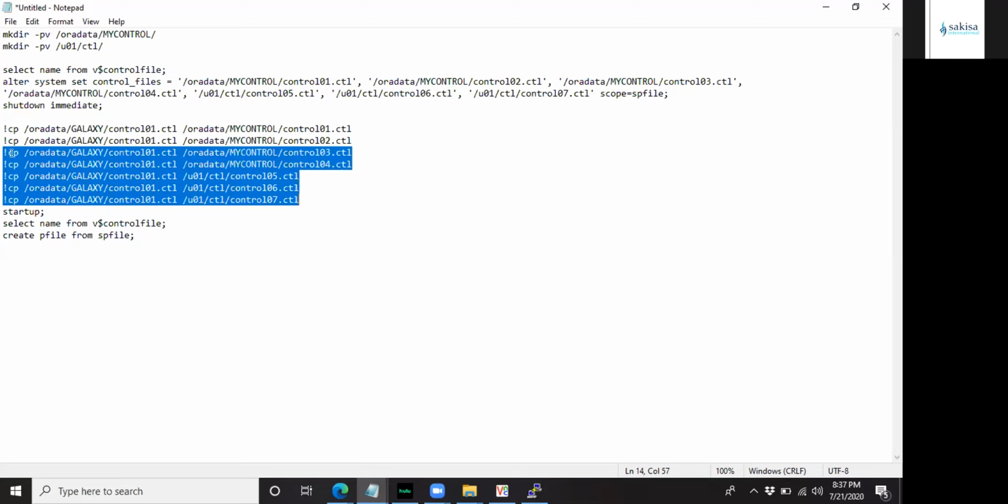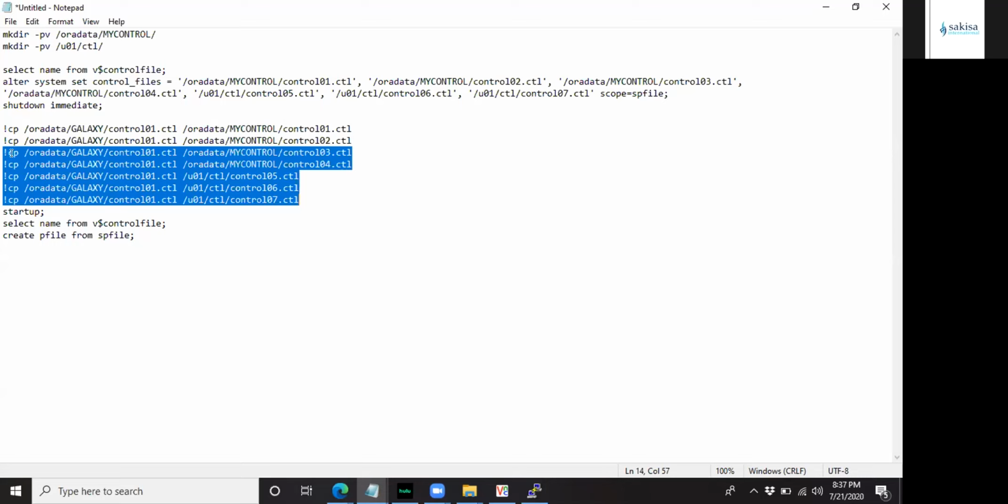You're copying. Can you post that idea again? I didn't get it. So initially you have /data/galaxy/control 0, 1, and 2, right? Yes. Okay. Just to make sure, Anita, if I had done it that way, where I do the copy and then delete the ones in the directory, control 0, 1, and 2, that will work too.